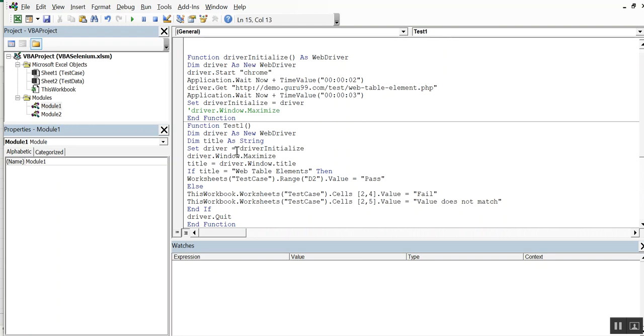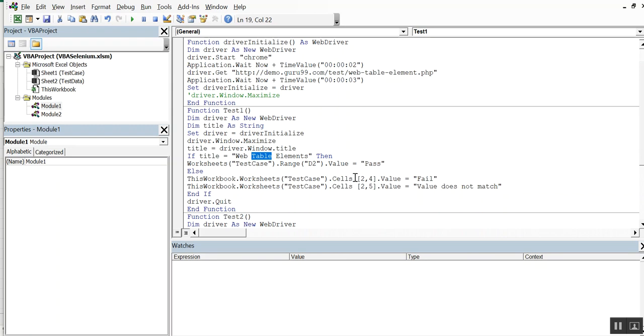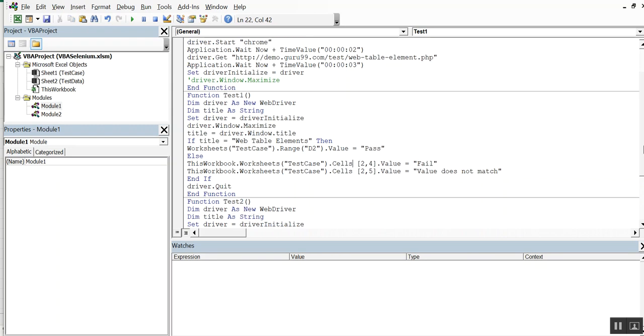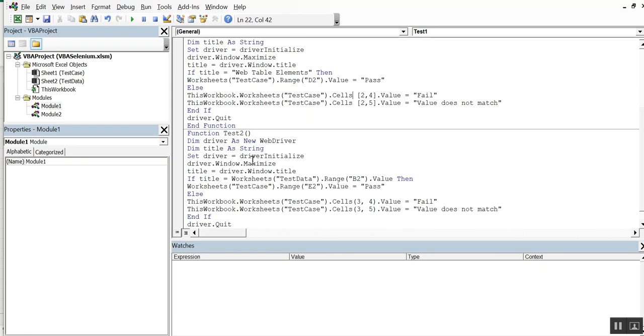Now you can see I am getting the same web driver in the test case, and I am maximizing it. I am getting the title, and I am checking whether the title matches or not, and I am writing the status in the Excel. The second test case also follows the same steps. I am getting the driver here. I am maximizing. I am getting the title.